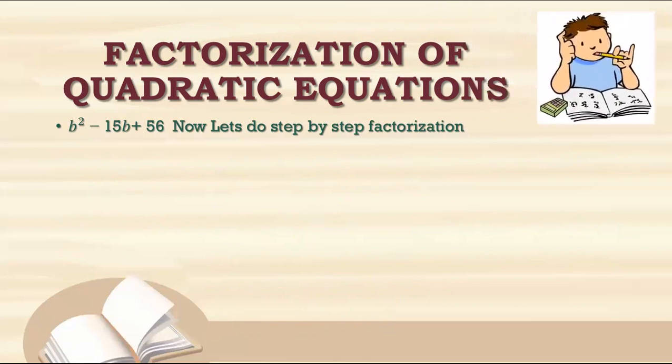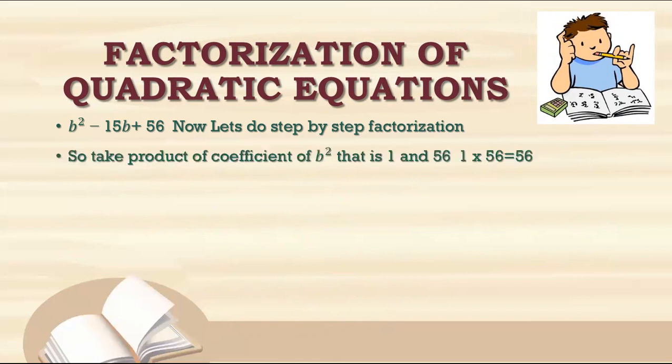Is there any common factor in it? No, there is no common factor. So what do we do directly? We will start from the first step, which is to multiply the coefficient of b square with 56. So take the product of the coefficient of b square, that is 1, and 56, which is 1 multiplied by 56